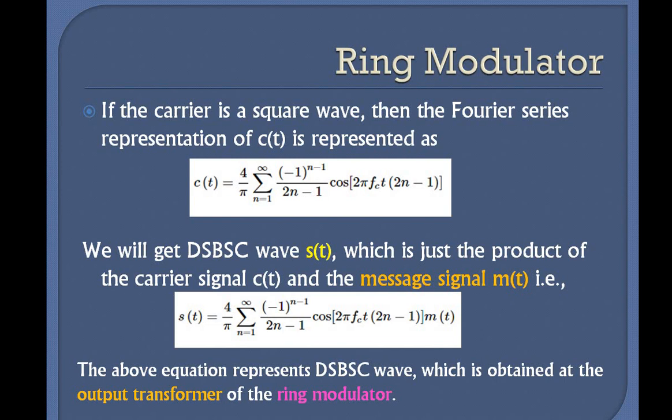In the next class, we will see the demodulation techniques of the DSBSC signal, that is coherent detection and Costas loop detection. Those are the last 2 topics of your first chapter. In the next class, hopefully we will finish our first unit completely. If you have any doubts regarding the first unit, please let me know.